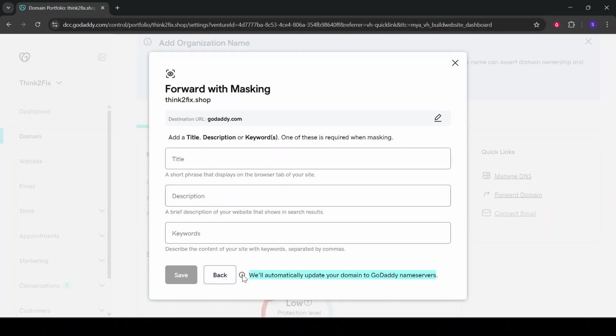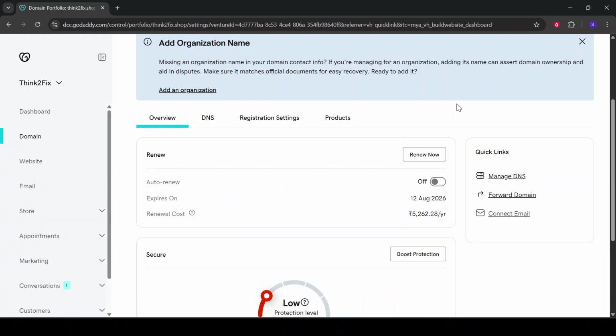By following these steps, you've now successfully retrieved your GoDaddy domain authorization code. With this code in hand, you are ready to initiate the transfer process to a new registrar. Remember to keep this code secure, and only share it with trusted parties, as it is a critical part of your